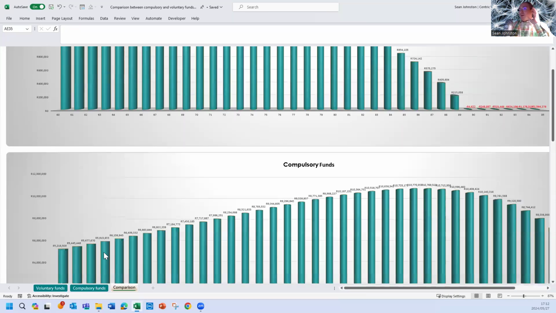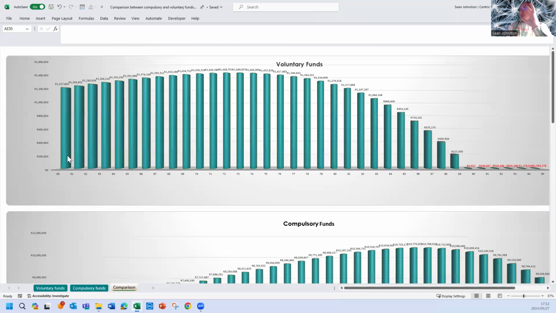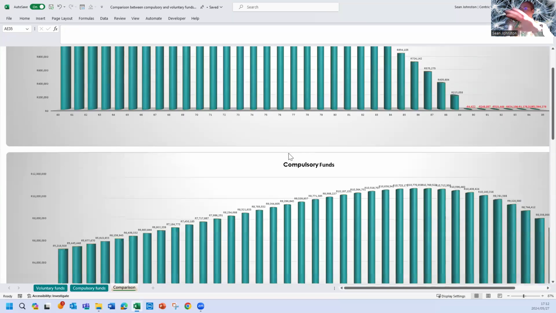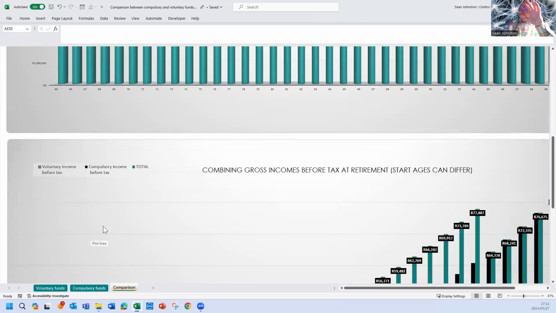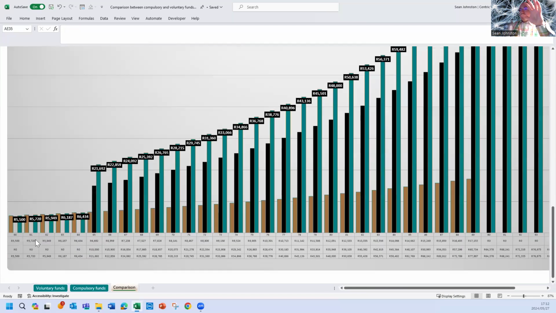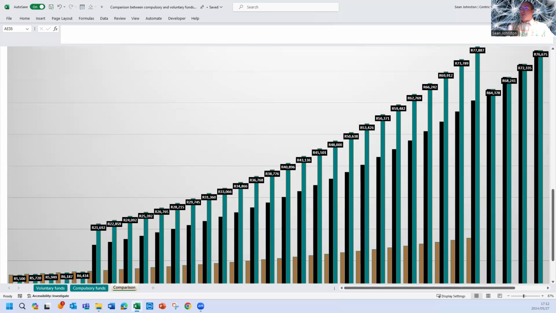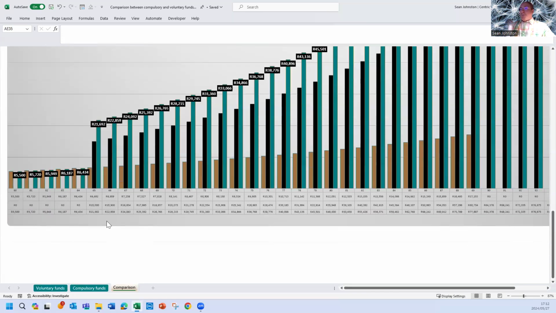You're welcome to put any scenario in, but just as I've mentioned before, if you want to do a comparison, rather access the voluntary funds at an earlier age, because it's going to show you the cash flow like this. It's going to show you the voluntary funds. I've tried to switch it around, but it's very difficult to do that in Excel, especially when you're working with two different cash flows. There's actually a lot of calculations behind this graph, which you don't see. But the point is, just use the example: you access voluntary money first, or at the same time as compulsory, and then it'll look like this.